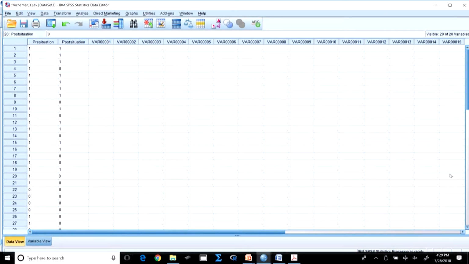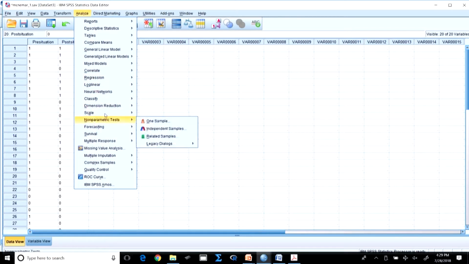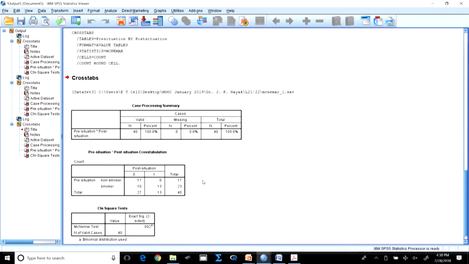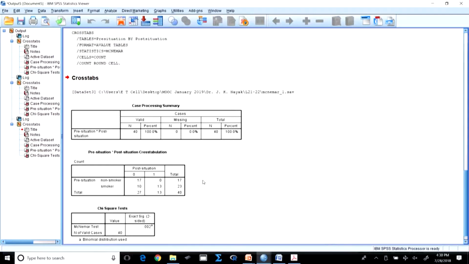Now let us run it and see if there is any change. By only changing 2 things, this is just an experimentation, you can try several things while you do. You see the non-smokers 0, smoker 1. Non-smokers who remained non-smokers after the advertisement is 17, non-smokers who became smokers 0, smokers who became non-smokers we increased from earlier, I think it was 8, we made it 10, and this has resulted in smokers remaining smokers also going down.